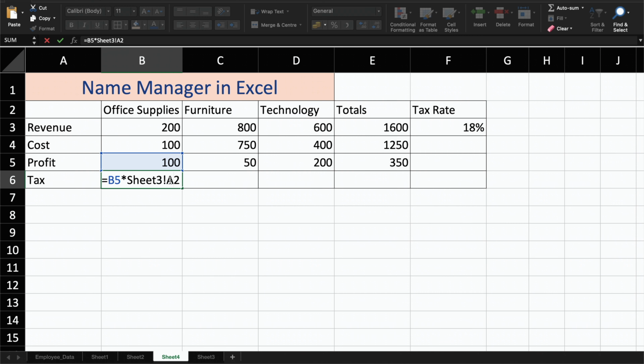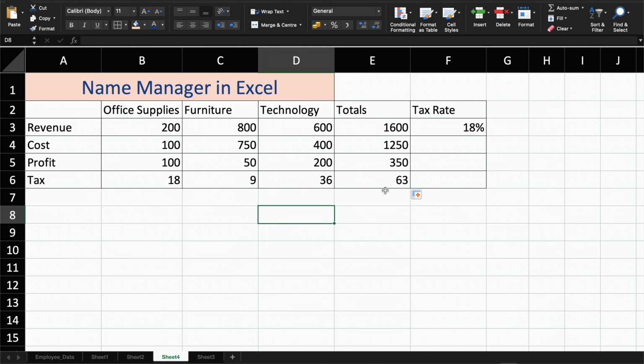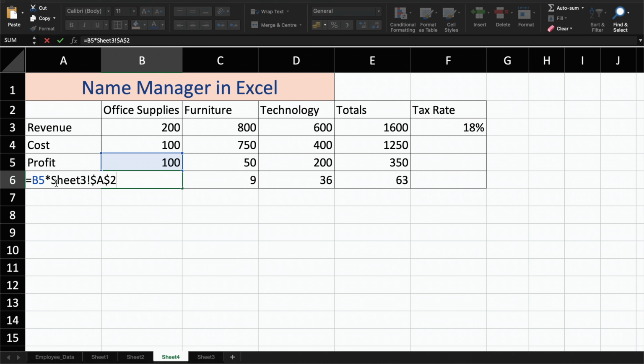And if I give this, I freeze this all and press enter, and if I drag till end, here you can see how much tax we are paying. And one more thing, to use Name Manager in Excel, what I'll do is, instead of writing